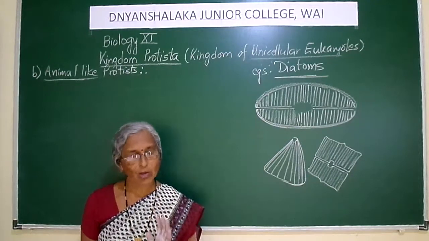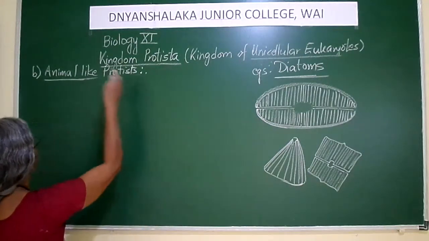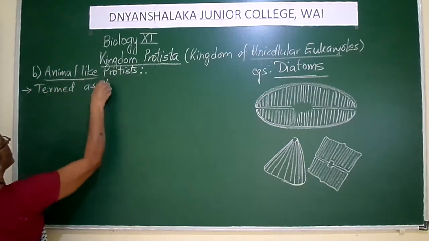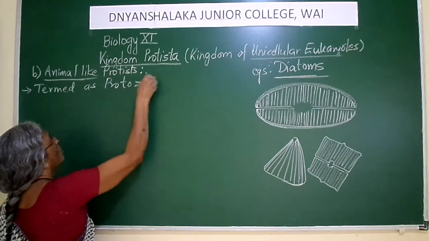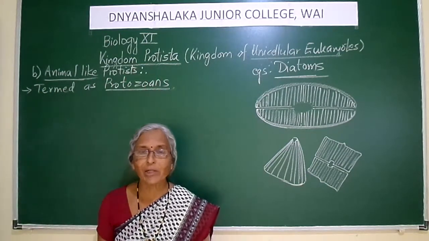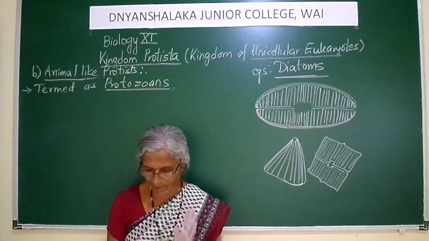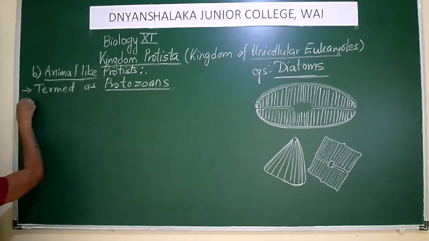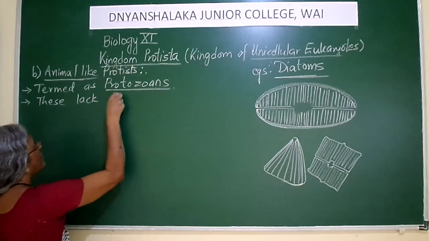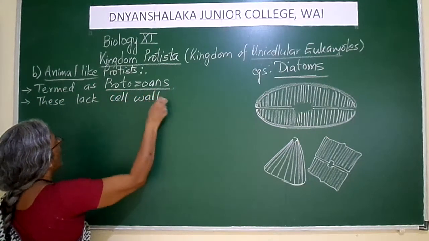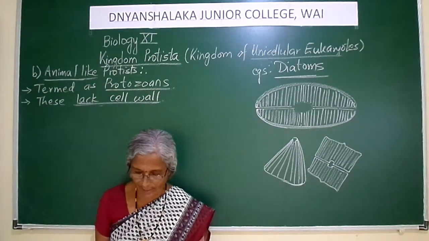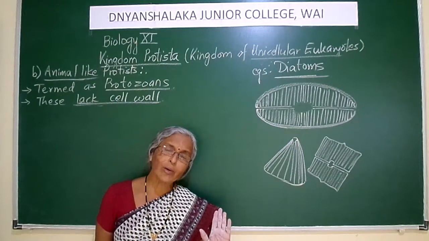So we will go for the animal-like protists. Scientists term them protozoans. What are these termed? Protozoans. Proto means primitive, zoa means animal, so these are very primitive forms of animals. Being animal-like, obviously, these lack a cell wall. Lack means absent, so cell wall will be absent in them. Okay, important characteristic, one line. These will be,